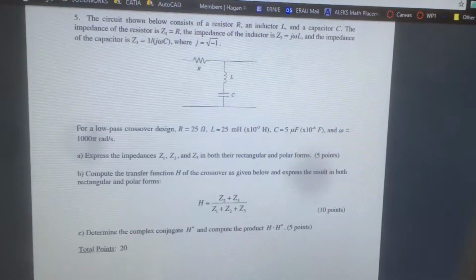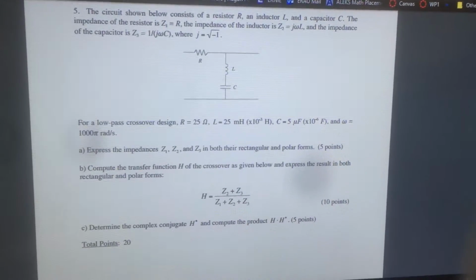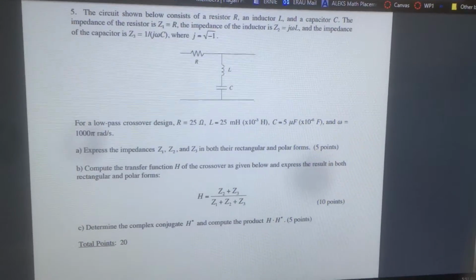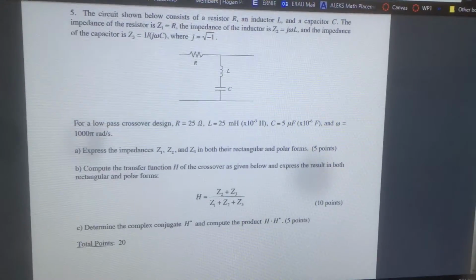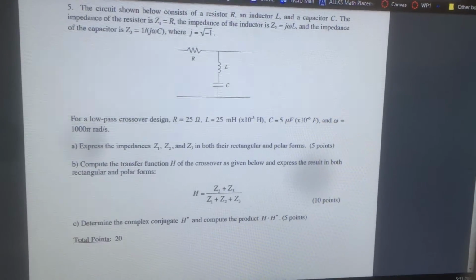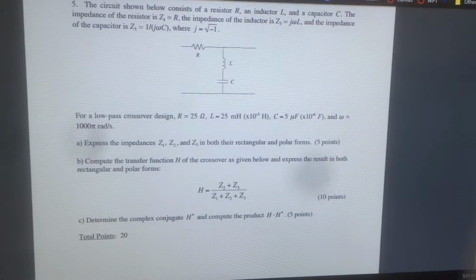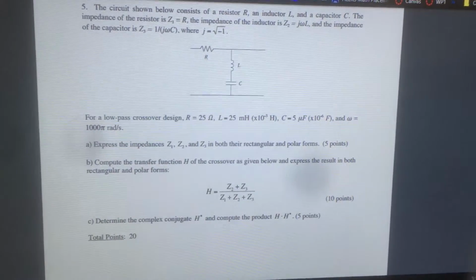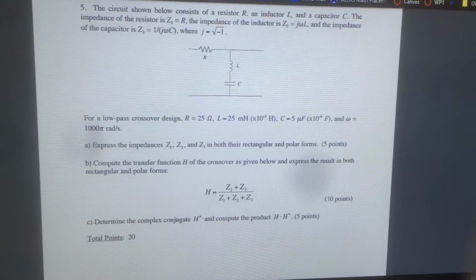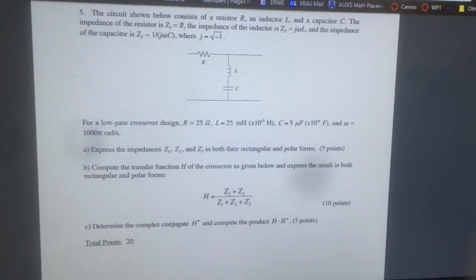The question goes on to say, for a low-pass crossover design, R is equal to 25 ohms, L is equal to 25 millihenries, which is 10 to the -3 henries, and C is equal to 5 microfarads, which is equal to 10 to the -6 farads, and omega is equal to 1000 pi radians per second. The first question asks us to express the impedance for Z1, Z2, and Z3 in both the rectangular